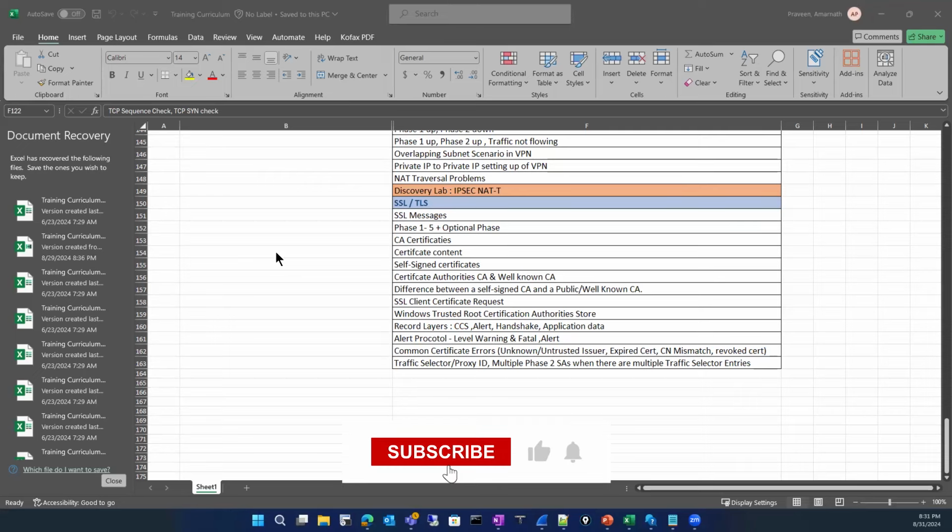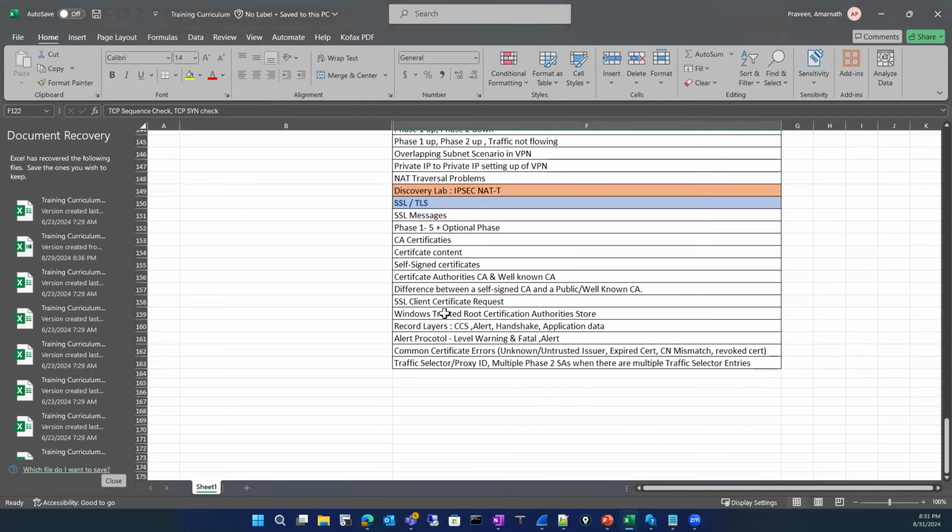So today we have a few topics left. We have seen the difference between a public cert, the 5 phases and the optional phase, and the SSL handshake. Followed by that, we finished until the Windows trusted roots certificate store, where you have to have your root cert for a successful SSL handshake for multiple applications. We have seen that, and today we will see